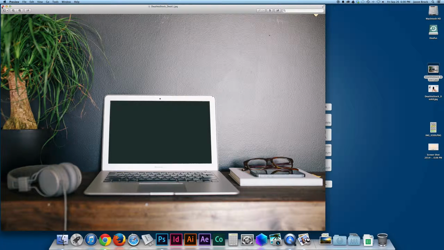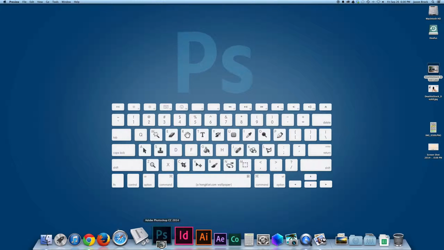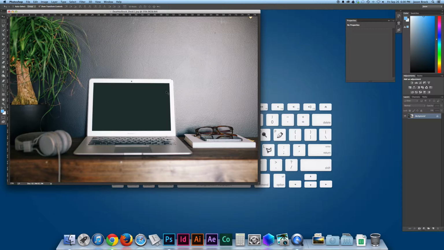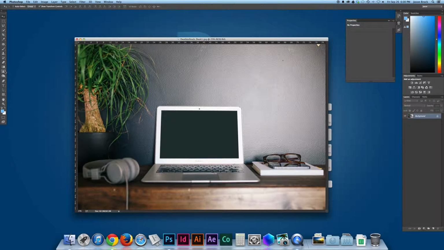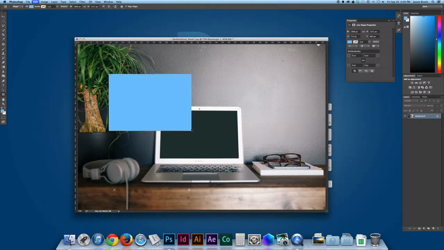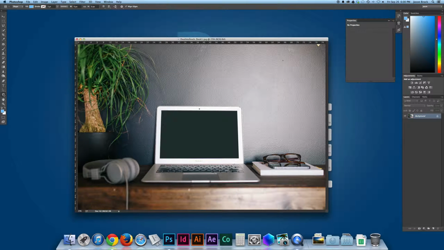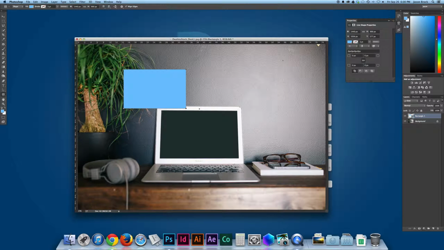So I'm going to go ahead and open this guy up in Photoshop. It opens as expected, and I'm going to create a square. As simple as that. Now I'm not going to click and drag the square. That's not what we want to do. We want to make sure that the square is proportioned to what we know the screen size is. So in this case, I'm just going to click, and then I'm going to type in my square settings as 1440 by 900 pixels. That's how big the resolution is on a MacBook Air 13-inch.